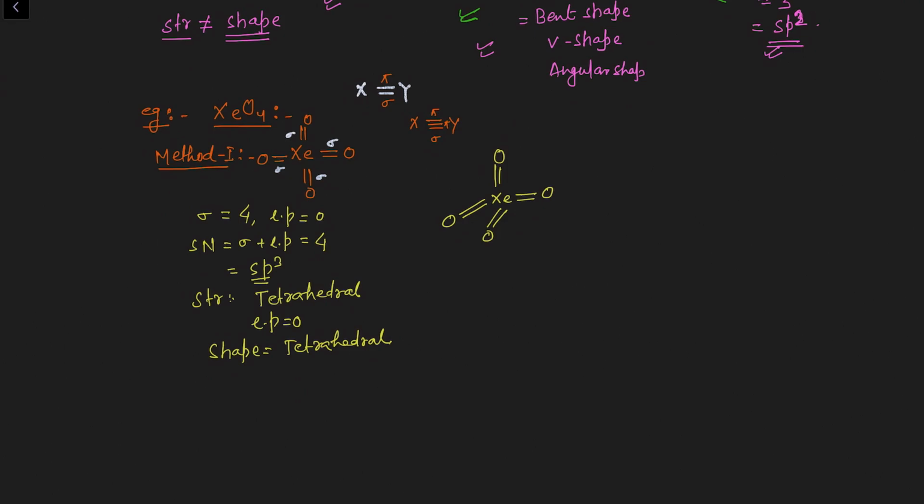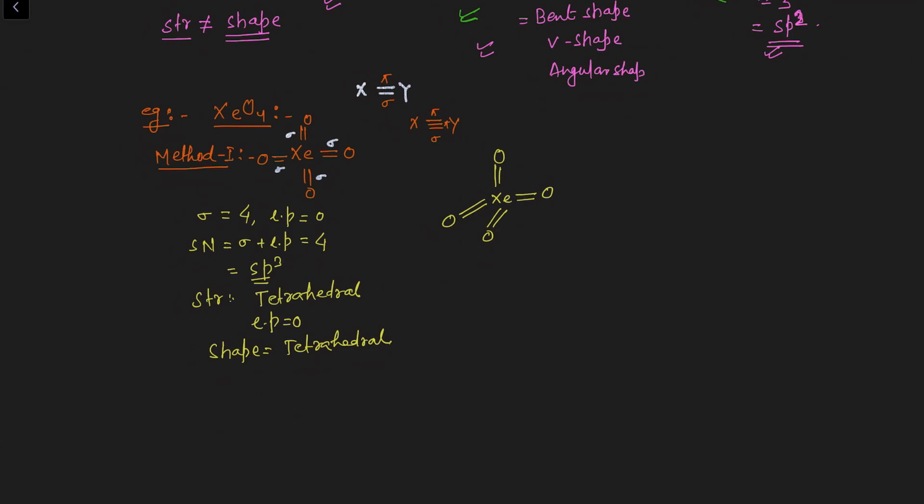This is the xenon. Because in a tetrahedral molecule all the bonds are equivalent, there is no need to think about the axial and equatorial positions. But the concept of axial and equatorial positions can be discussed with the help of Bent's rule. So I will discuss Bent's rule in this series only. In the second video we are going to discuss Bent's rule, right?